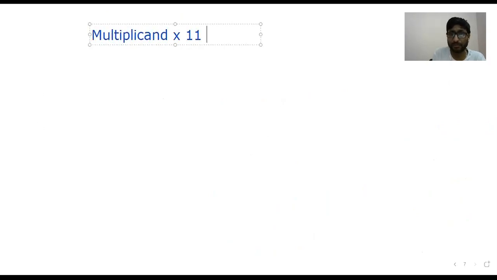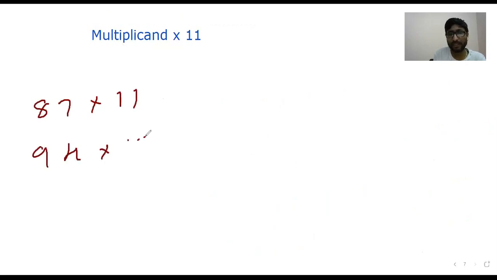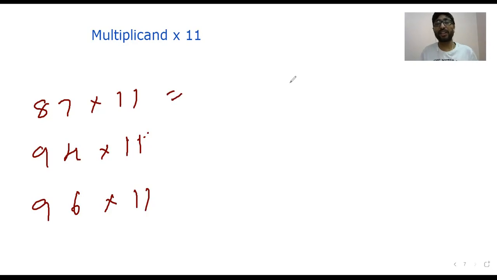See, look at here now. 87 multiply with 11. 94 multiply with 11. 96 multiply with 11. Look at here now. 87 multiply with 11. Write down the 7 as it is. 7 plus 8 is 15. So write down the 5 as it is. 1 will be the carry number. The last number is 8. 1 plus 8, 9. If you don't understand this problem, just pause the video, go back, do it from the previous way, and do it again in a similar way.